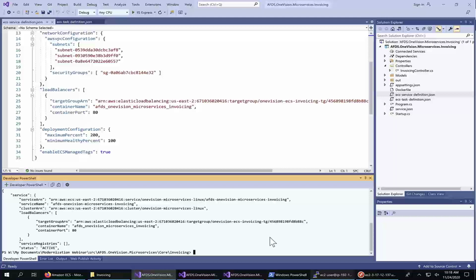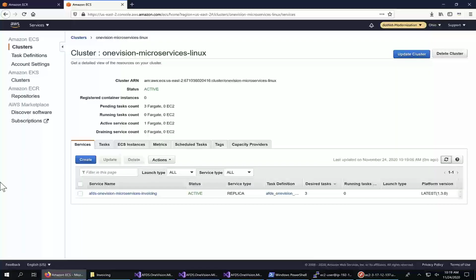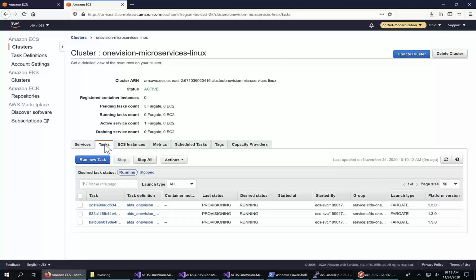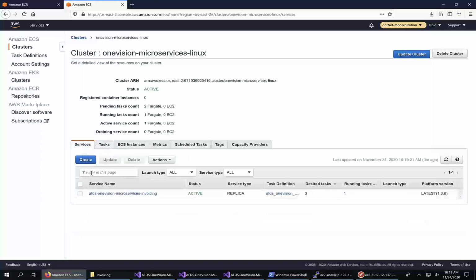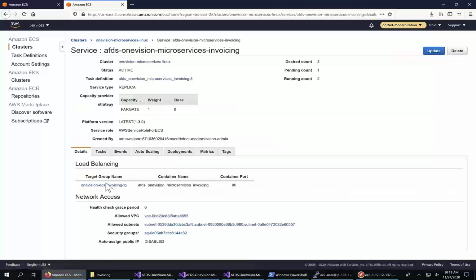Now let's pull up the ECS cluster in the AWS console. We see that we now have a service and our tasks are in the process of deployment. If we go to the load balancer target group, we'll see that the load balancer is in the process of checking the health of each container.